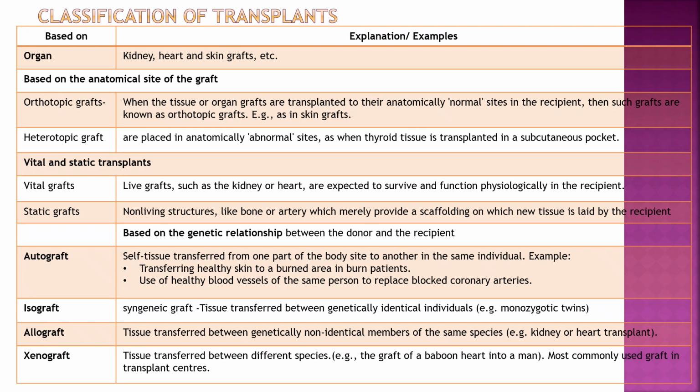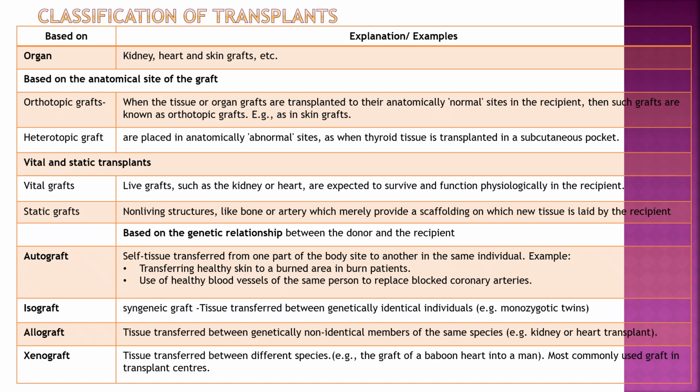Vital or static transplant: vital grafts are live grafts such as kidney and heart, expected to survive and function physiologically in the recipient. Static grafts are non-living structures like bone and artery, which merely provide a scaffolding on which new tissue is laid by the recipient. Based on genetic relationship between donor and recipient, the types are autograft,